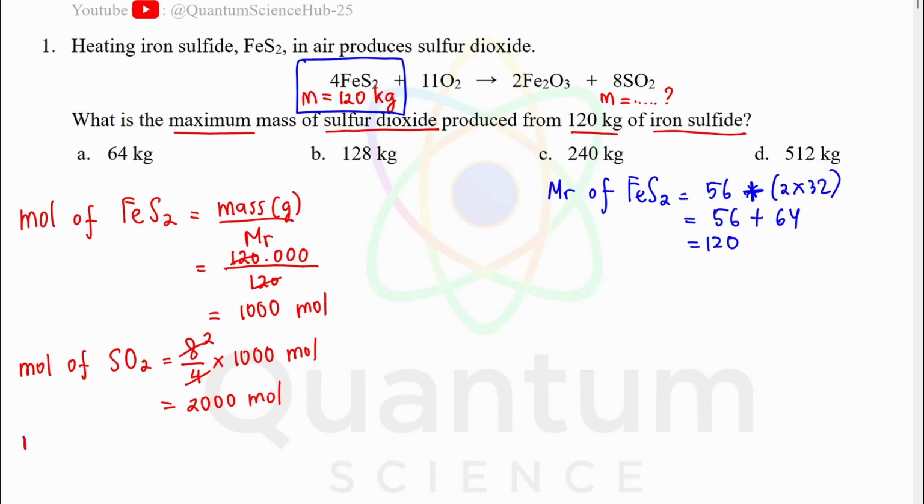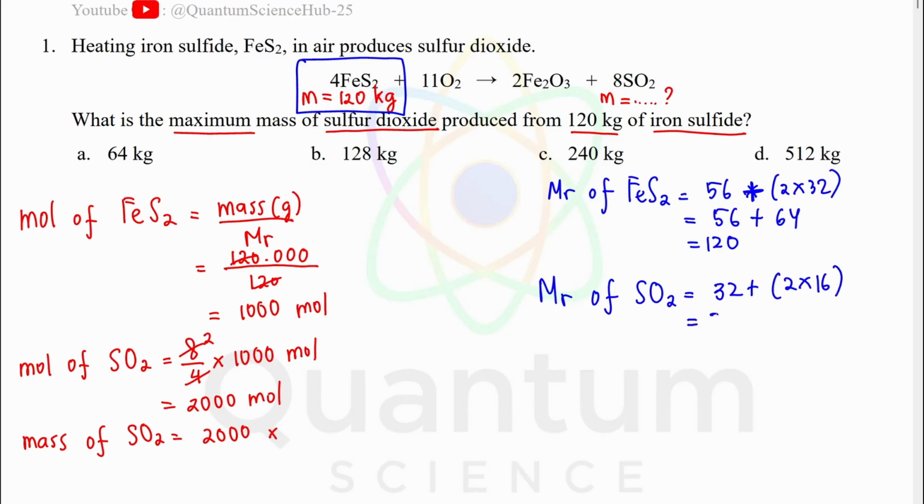And next we find the mass of SO2. Mass equals mole times Mr, right? So it is 2,000 mole times the Mr of SO2. So we find the Mr of SO2. If you find in the periodic table, the mass of sulfur is 32 and oxygen is 16, right? So 2 times 16. So 32 plus 32 equals 64. So this one times 64. And then you will get